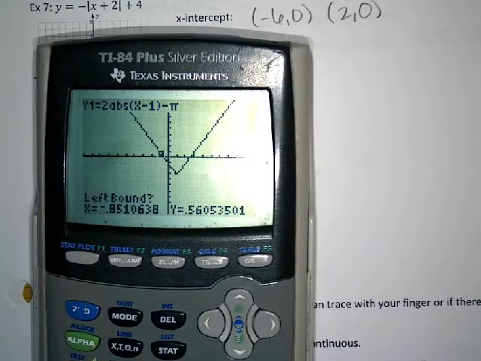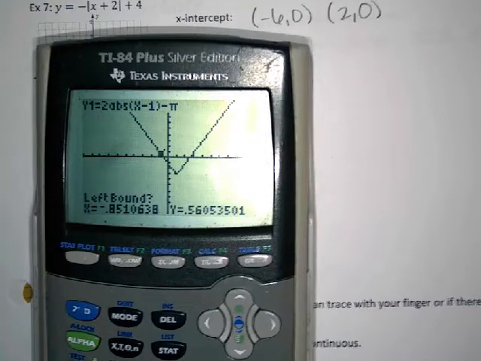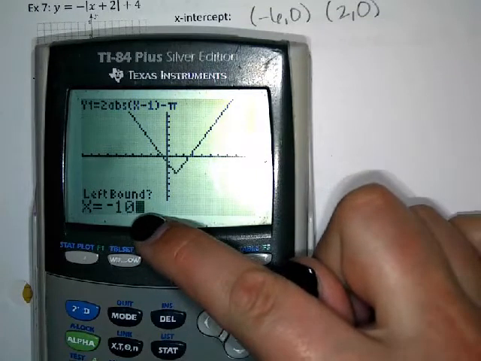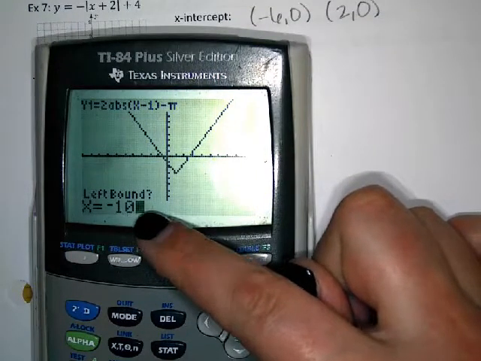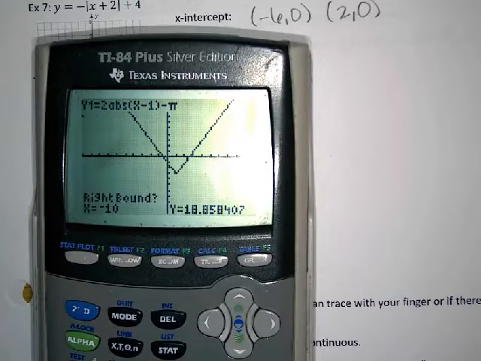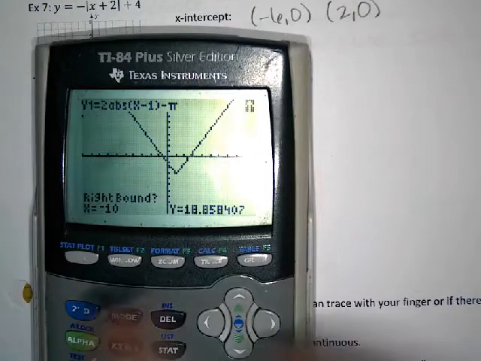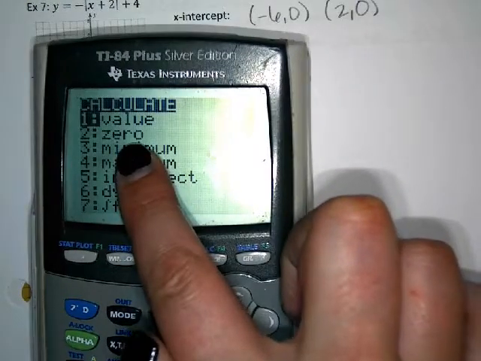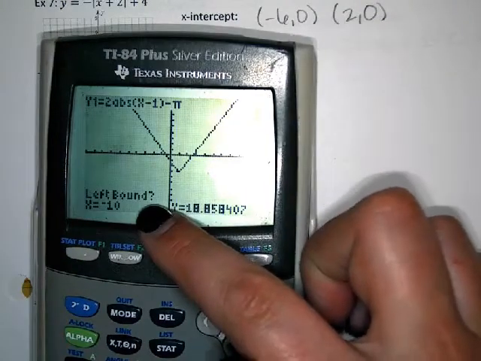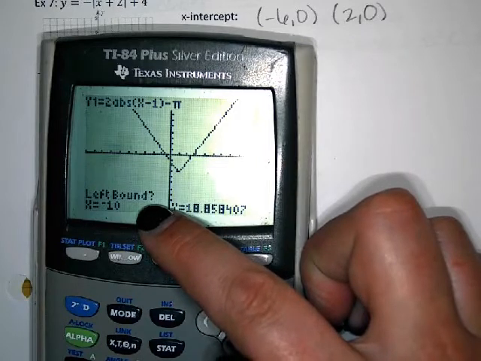So I'm going to tell the calculator -10 is to the left of the answer. So everyone go ahead and type in -10. And then once I've typed that, I'm going to press enter. And once you press enter, what does the calculator ask? So the first thing I did is I said second trace number 2 to look for the 0 of the graph, and the calculator asked me for the left bound. And I typed in -10, and then the question was,